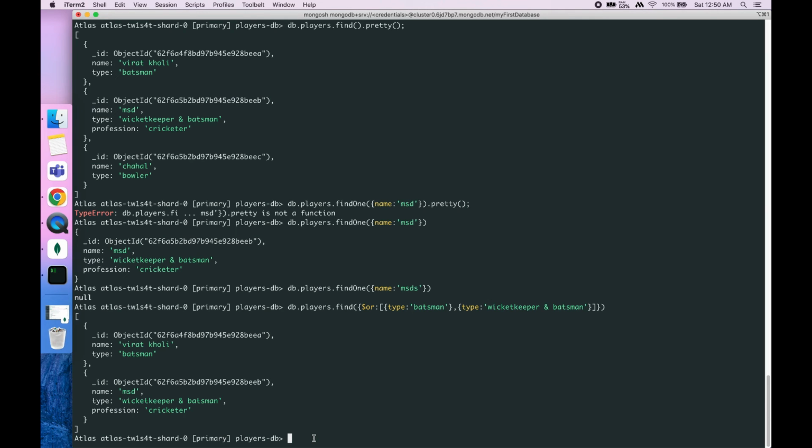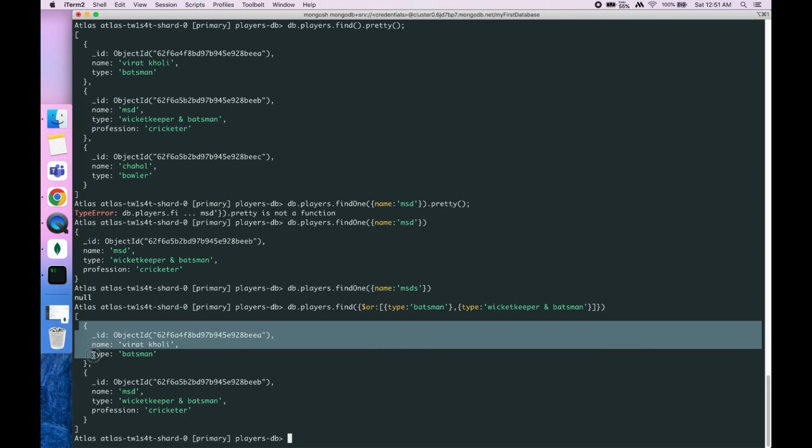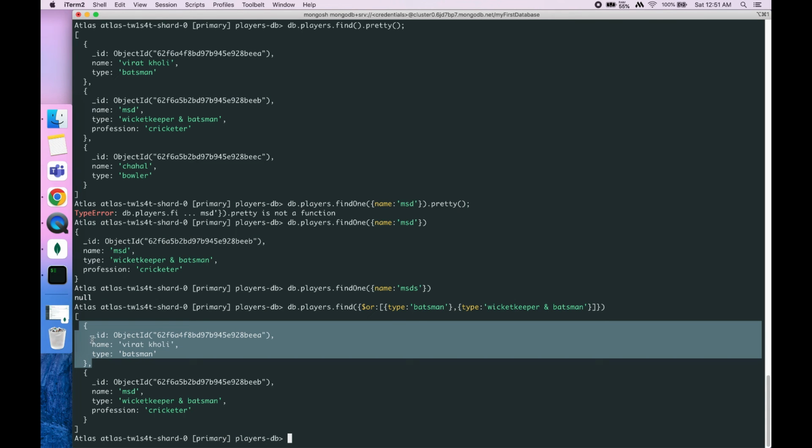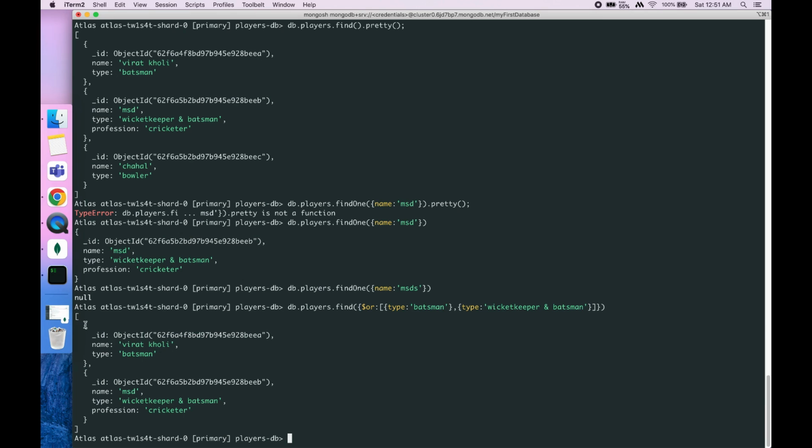Now we have talked about create, update, and read. We have not talked about delete, but let's see that also. Delete is very simple to do. For example, if we want to delete a particular document, let's say the one with name Virat Kohli, how can you do that? So we need to do